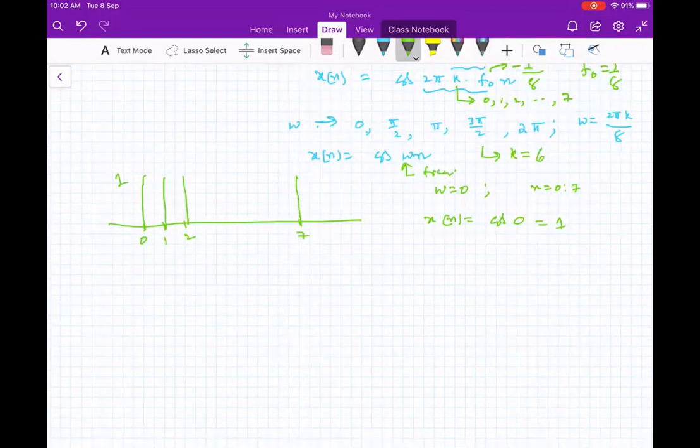See, let me give an understanding of why this discussion is important. If you have x of t equal to cos omega naught t, what is high frequency? When you say the signal is of high frequency, I would like to get some answer. When we have a high value of omega, we'll have a high frequency signal. Yeah, right. Omega is high implies high frequency.